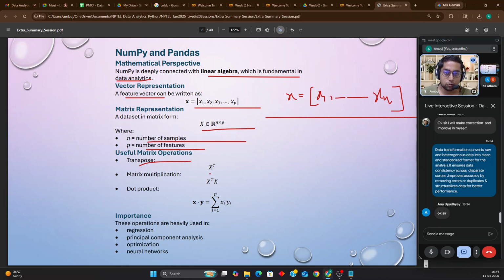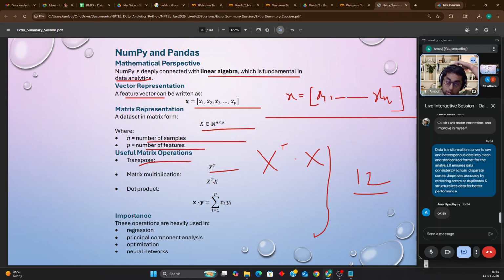Transpose in matrix operation. First of all, you have to represent the data in the form of a matrix. Then you will express the entire matrix as a relation. Then you will perform some basic operations like transpose, X transpose. Transpose means interchanging the rows and columns. X transpose dot X is the multiplication operator, multiplication of X transpose and X. You must have gone through this in class 12, where everything is taught in great detail. Then dot product means matrix multiplication.